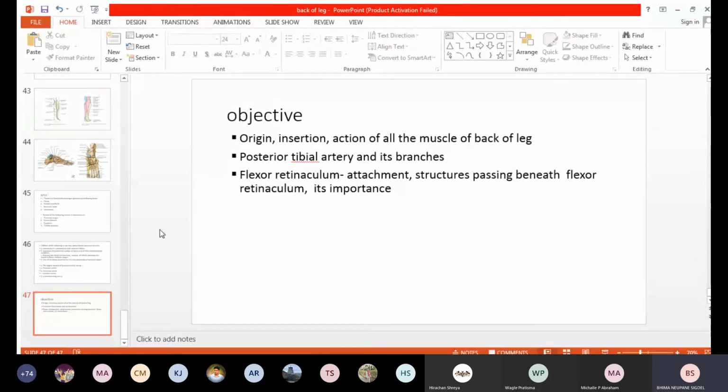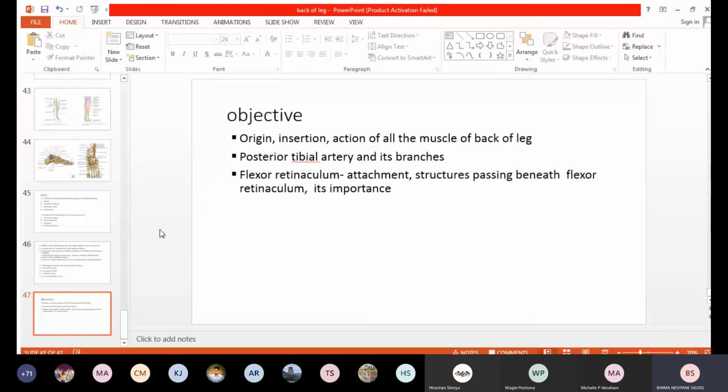Ma'am, what is the idea of remembering all the actions of the muscles? Action, you have to see the insertion side only, right? Where it is inserting. Normally, if you see a flexor compartment, the muscles there act as flexors. Suppose the extensor group of muscles are there, right? So their main action is extension only. And like if you remember flexor hallucis longus, right? Hallucis means it is going to the hallux only, right? So their action is there only.